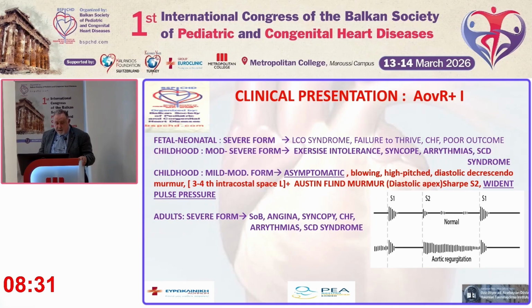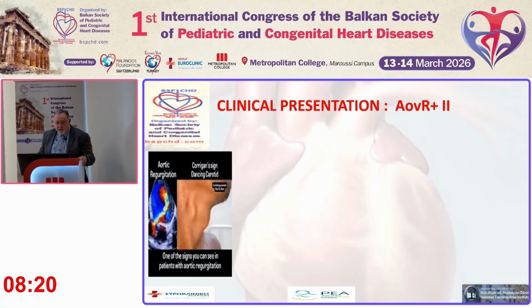In the adult form of severe regurgitation, the symptoms that present are similar to aortic stenosis. Now, I put these 4 elements of clinical presentation to remind you that we have the